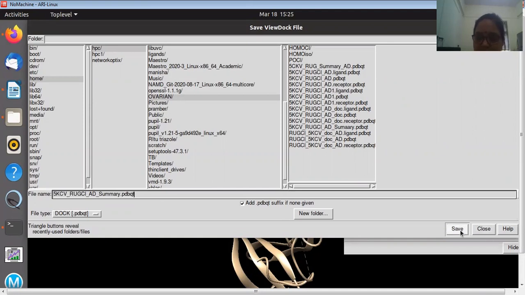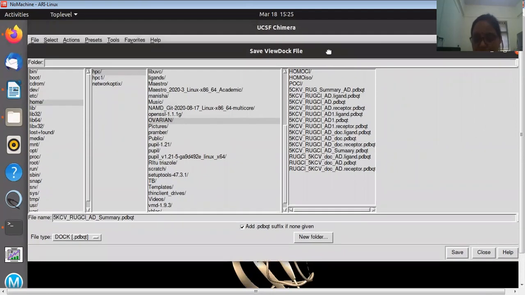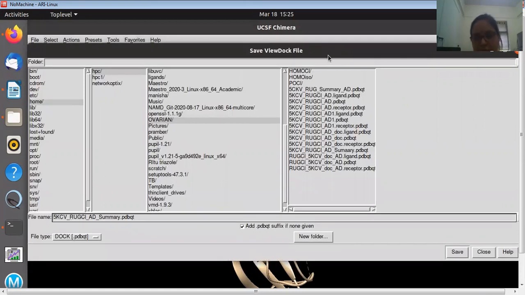You just have to save this, so all the scores will be saved. You can visualize this score again by opening this file. Suppose you cannot remember all the time, or you have to note down the scores, you can visualize this.